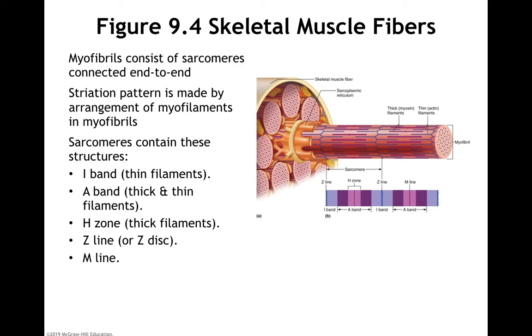Sarcomeres contain an I band, which is made up of thin filaments, an A band, which is thick filaments and an overlap with thin filaments. There is an H zone, which is thick filaments only, a Z line or Z disc, which things are going to pull towards, and an M line. That M line